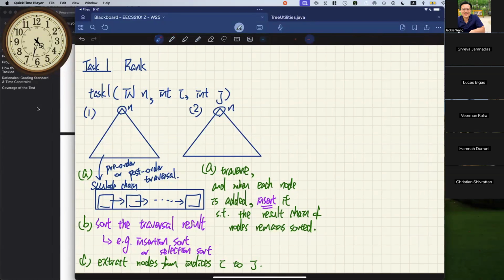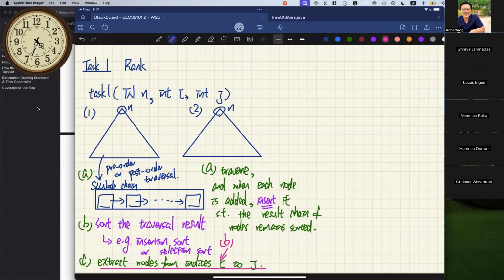So the difference is when you are doing the pre-order traversal for the first approach, you don't really care about sorting it, right? So there's no such step of insertion. But if you incorporate this particular insertion step over here, you can sort the list at the same time. So this is essentially a sub-step of the insertion sort. We're basically doing insertion sort while we are creating the list, right? So that's something you can dive into in the solution code. I'm going to highlight some segments to help you a bit. So once you're done with A for approach number 2, and then you get to B, it will just be the same. You will just have to extract the nodes from indices I to J, right?